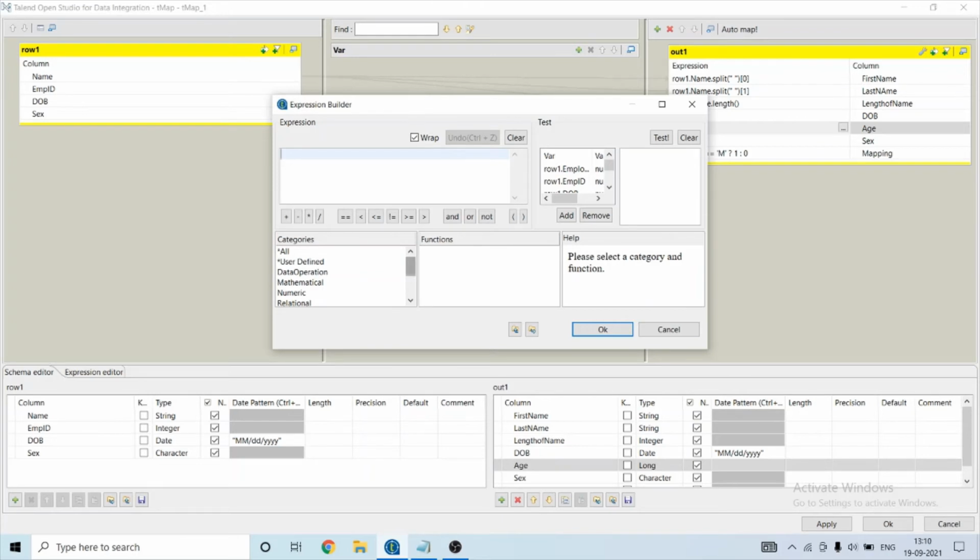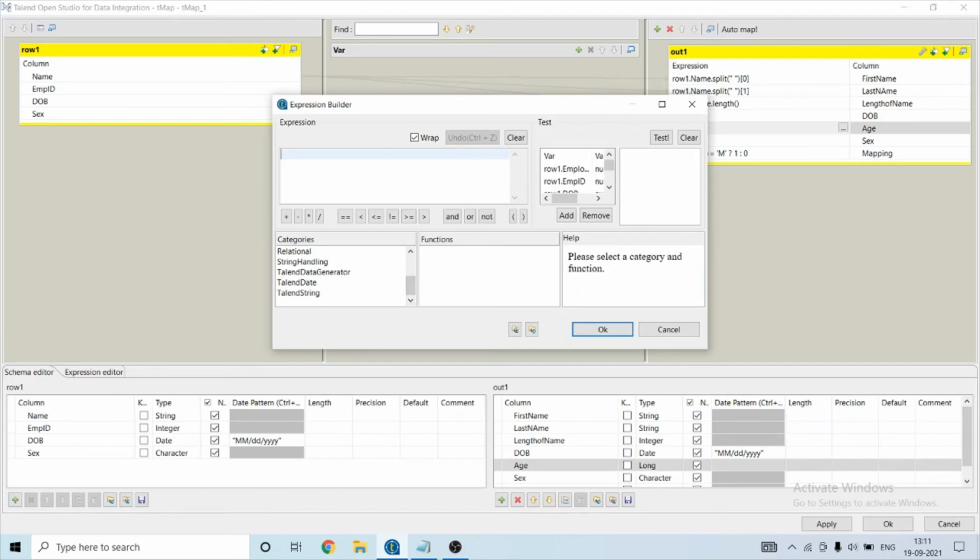For calculating the age, the concept I will use is that it will subtract the date of birth from today's date, i.e. if an individual is born in 2000 and today's year is 2021, it will subtract 2021 minus 2000 and give the output as 21.